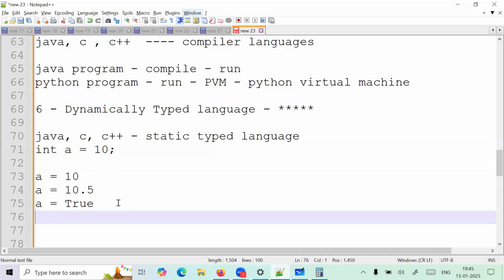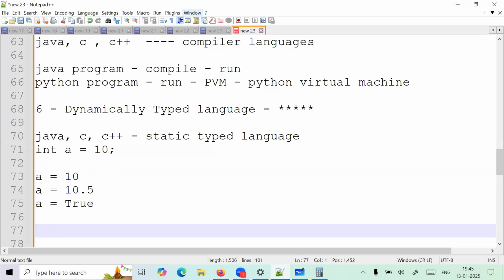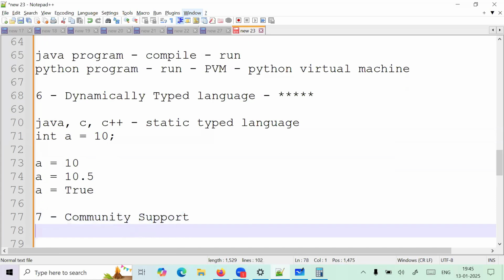Now I'll write down one more feature here, that it has very good community support. What is the use of this, sir? What is the use of this feature? So let's suppose anyone has any doubt. Let's suppose some programmer or developer is writing a program or any project,